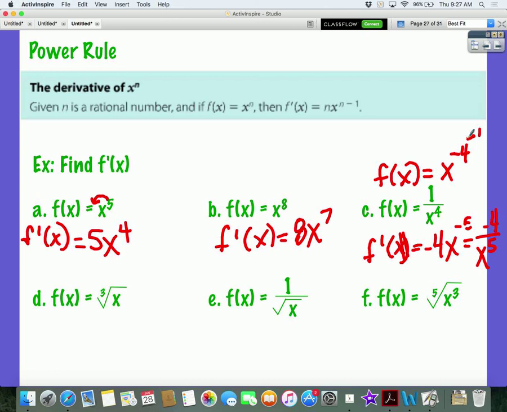What about D? Ooh. Hold on, wait, don't say it. Think about it. Before we can take the derivative, we might have to do something to it. To use our power rule, we need an exponent, right? You can rewrite this so that it has an exponent. Yeah, power 1 over 3. X to the power